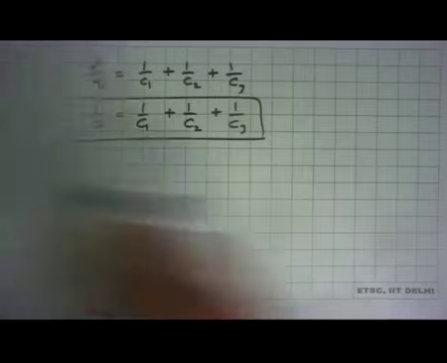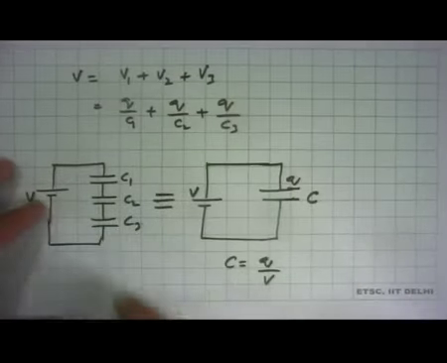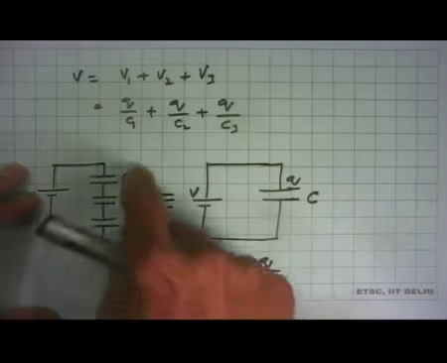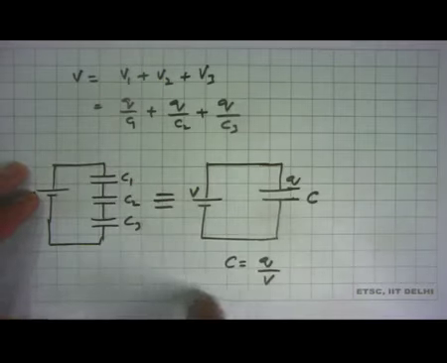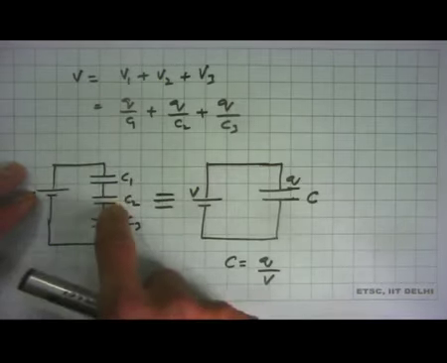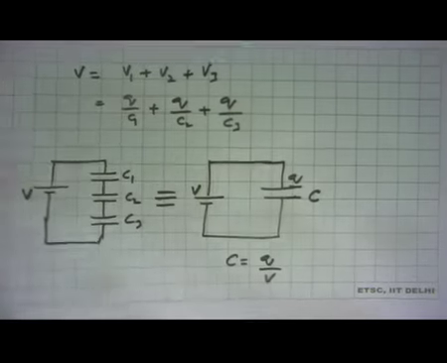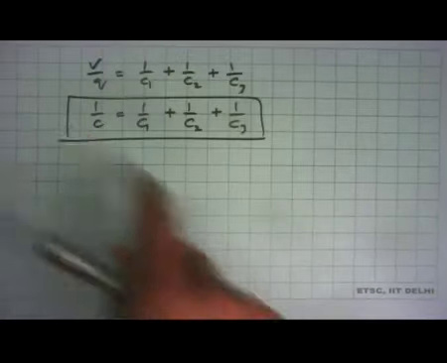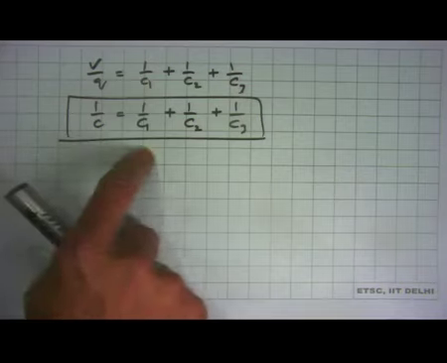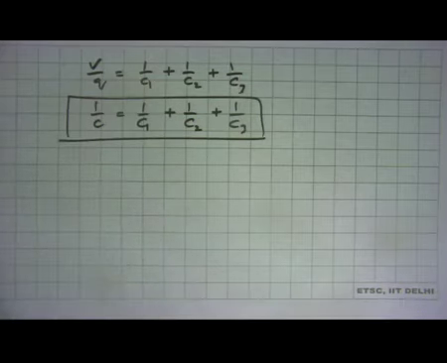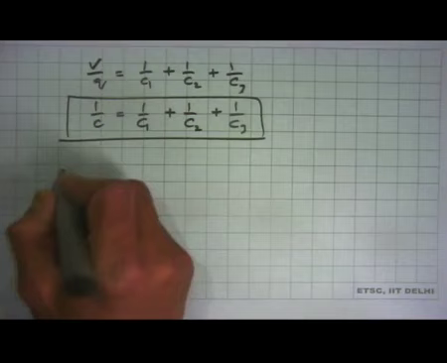So, if you have 3 capacitors in series like this, the total capacitance, or the equivalent capacitance, is actually the inverse of 1 by C1 plus 1 by C2 plus 1 by C3. So, 1 by C, where C is the equivalent capacitance, is 1 by C1 plus 1 by C2 plus 1 by C3. So, for example, if I had a